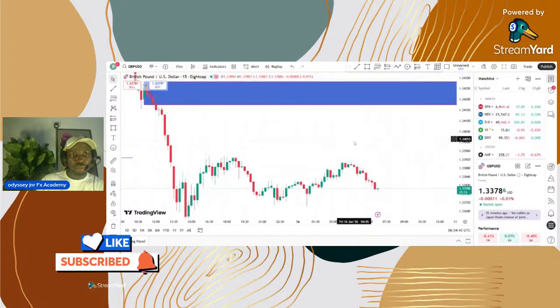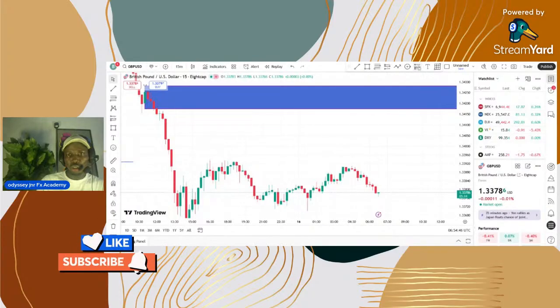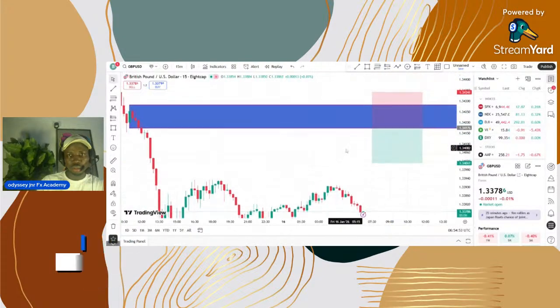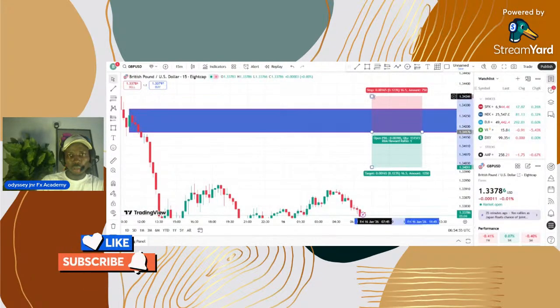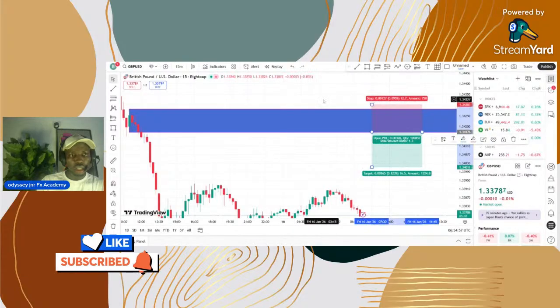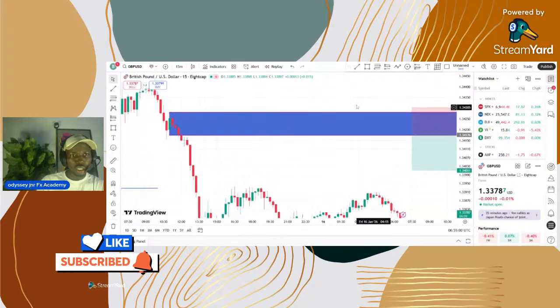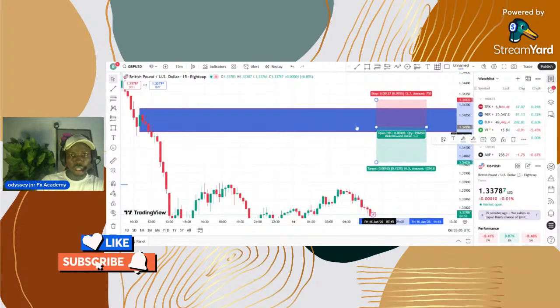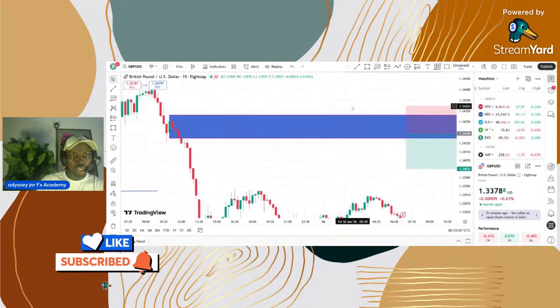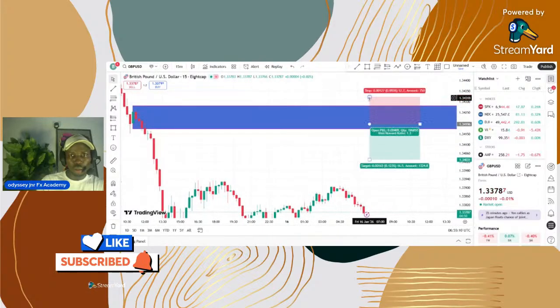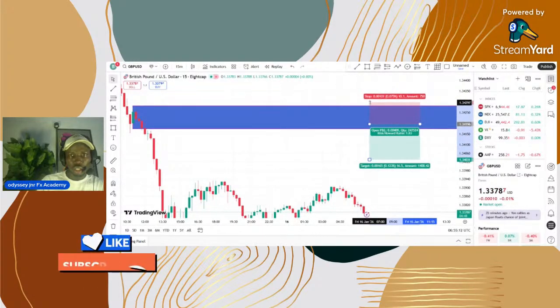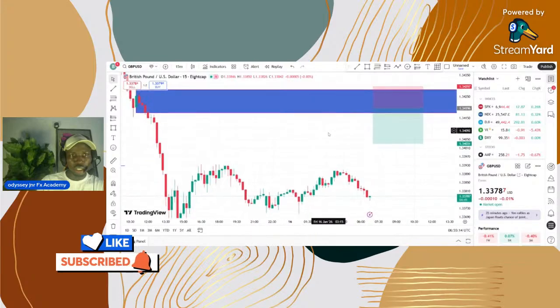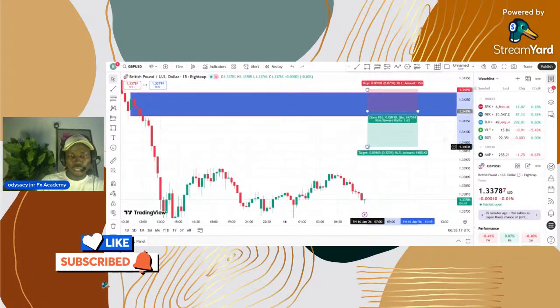So what I will be doing here, I'll just enter for a sell here. Then my stop loss will be here. I know it covered. And most times if I see that it's going to, I can put my sell here, ensure that everything is covered so that I will have a lower stop loss. I can just take it up a little bit. Then I can extend it to this.